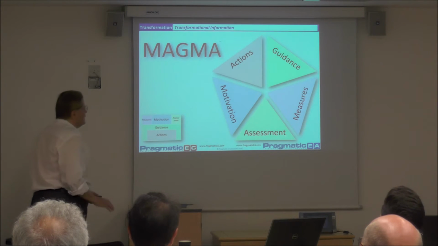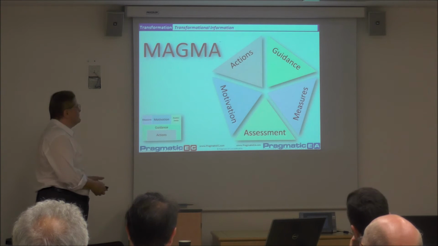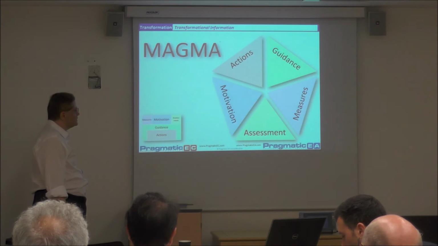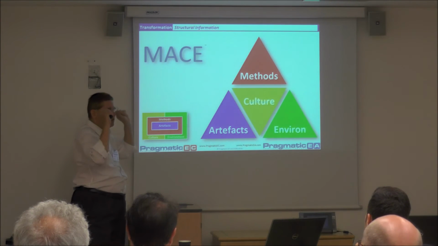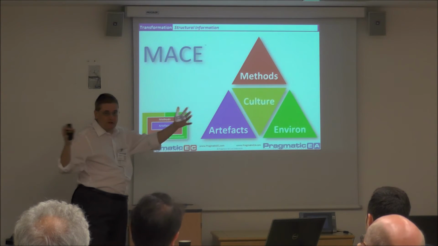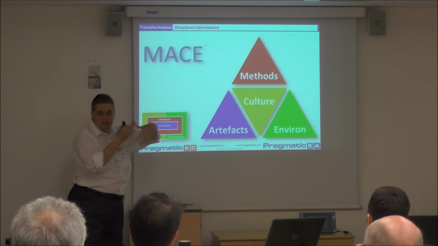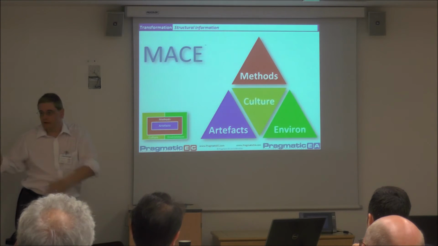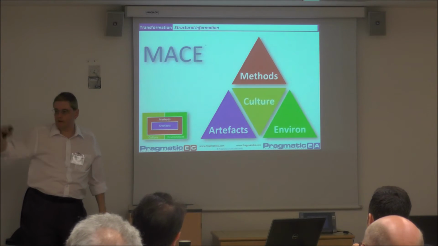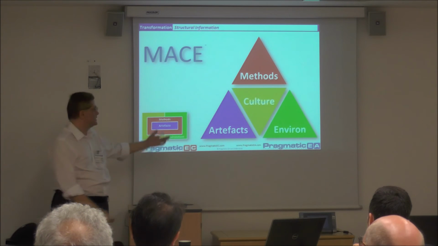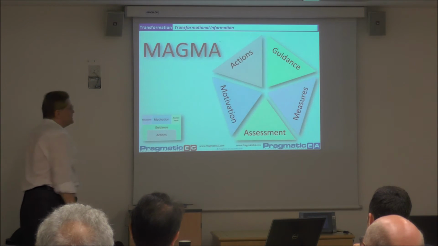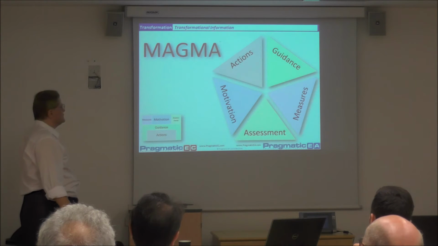So the other high-level grouping or ontology we have is called MAGMA. This is all for information, sorry, I should have said. So MACE, these are high-level classifications where we can put information. Because doing transformation actually is information, it's an information pipeline. We get hardware and software and people coming out at the end, but until we get to the end, it's all information. So the other kind of information is transformational information,